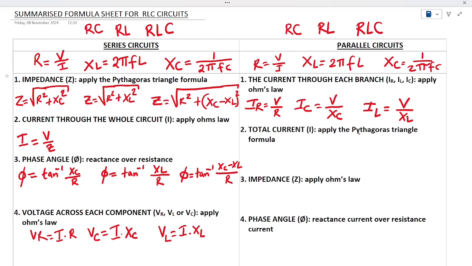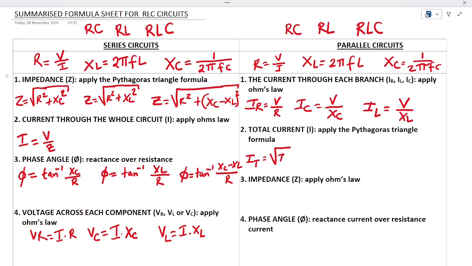That's how you calculate them. Now, how do you calculate the total current? First of all, you must be able to calculate the current flowing through each branch. Then you are able to calculate the total current. Here you apply the Pythagoras triangle formula. If you're dealing with an RC circuit, you know that the components are resistor and capacitor. So your total current in parallel for an RC circuit is going to be equal to the square root